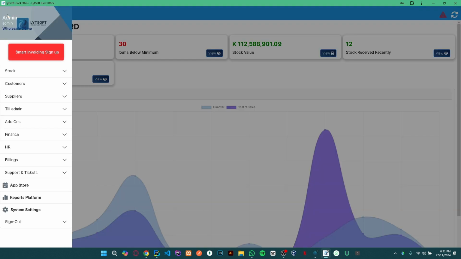So click on that. Before creating a GRV, you need to have two things in place. Meaning you need to have the items you need to receive already created on the system. You can do that under the stock section. Then you also need a supplier created on the system. You need to make sure that the supplier you want to receive the stuff from is already on